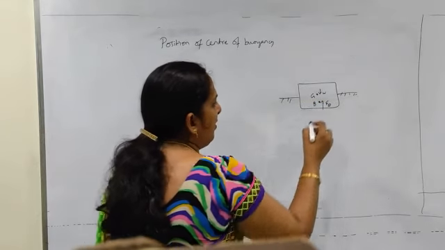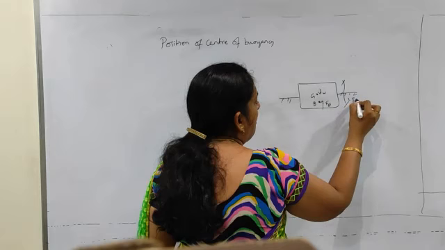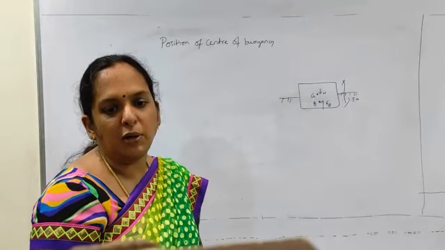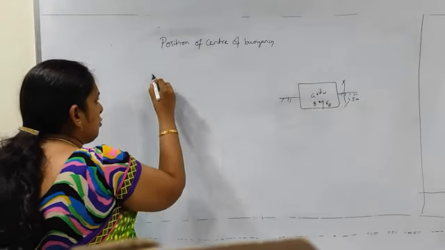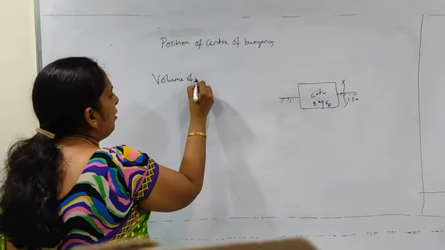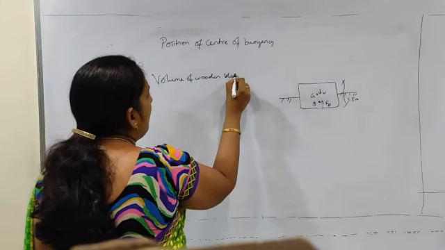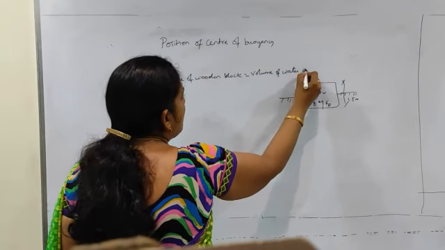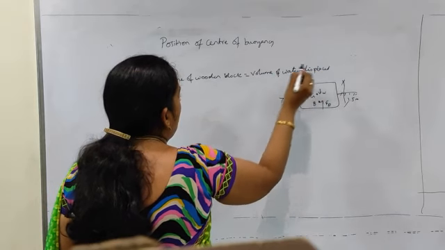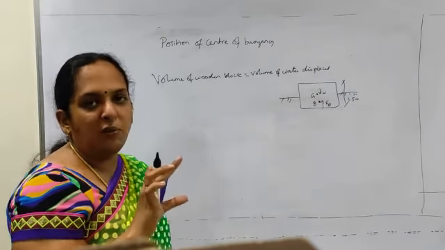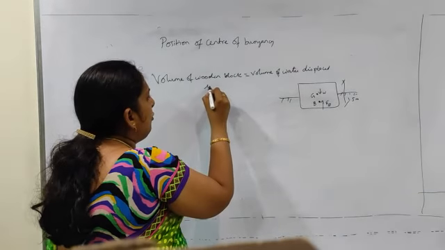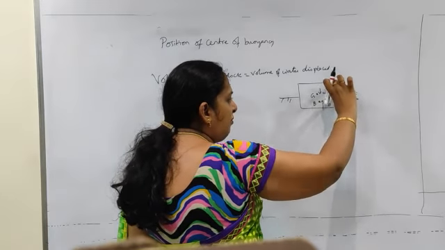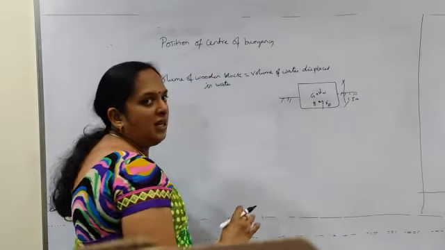The depth is also given here. It is 1.5 meter. But what they ask us to find is the center of buoyancy here. So we have to find that. As per Archimedes principle, as I already said, the volume of the wooden block in water will be equal to the volume of the water displaced. The volume of water displaced we have just found. But we don't know the volume of the block in the water. We know only the total height of this wooden block.